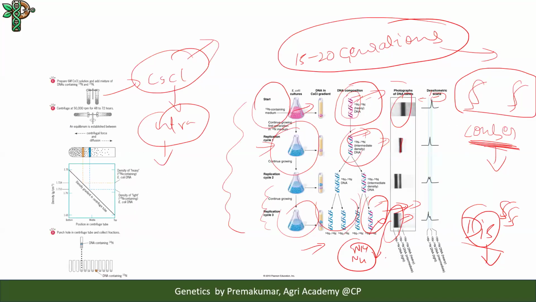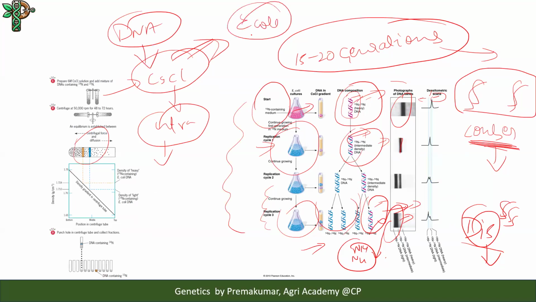And why did he use only cesium chloride as a density medium? Because the density of cesium chloride and the density of the DNA are the same. That's why you use cesium chloride. And it is done in E. coli. Please remember which organism he did the experiment in, which medium he used, N15 and N14, and